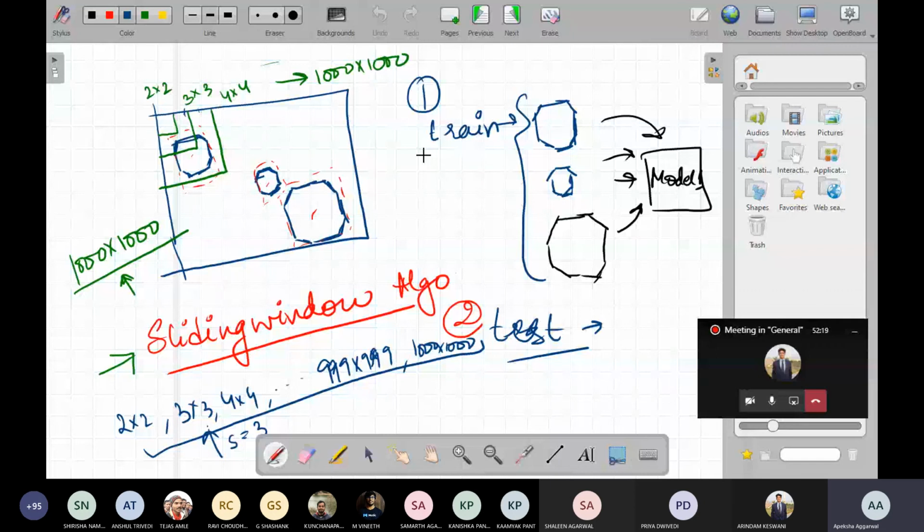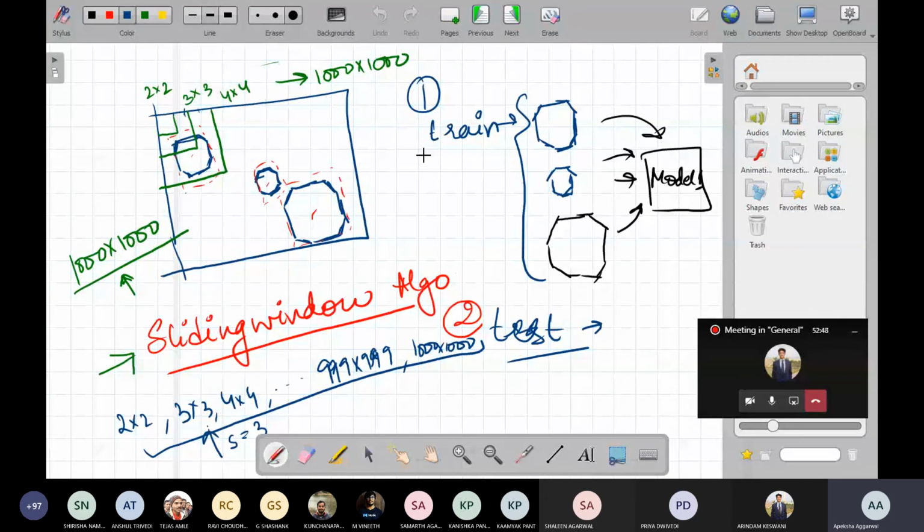It's okay to change the filter from 2 cross 2 to 3 cross 3 to 4 cross 4 up to 100 cross 100. We can do that because these days we have good computation capabilities and it's not much computation anyway. For a small image size, this sliding window is very good because it gives you all the possible object combinations without striding.